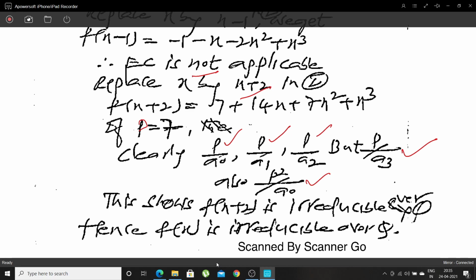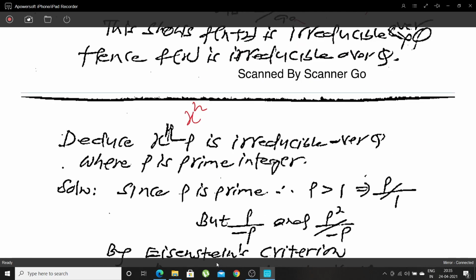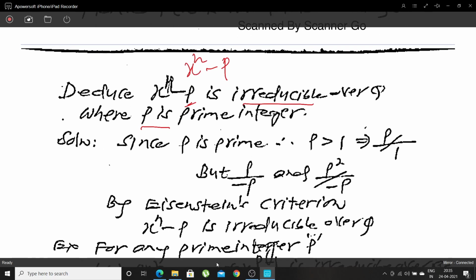x to the power n minus p is irreducible over rational numbers, where p is a prime integer. Since p is prime, definitely it is greater than 1. No doubt at all, because the prime numbers start from 2, 3, 5, 7, and so on. That indicates p does not divide a1, but p divides